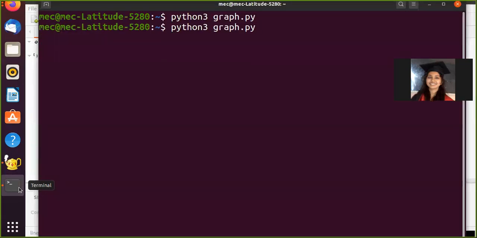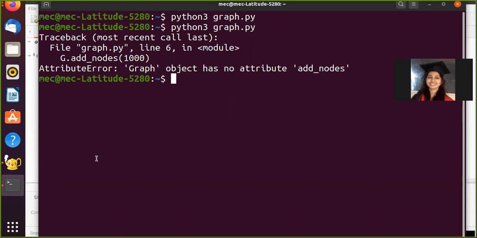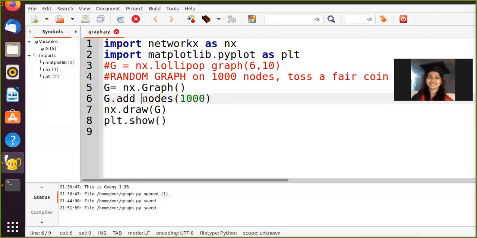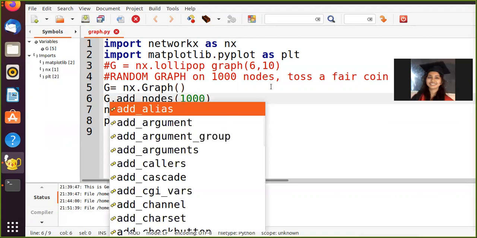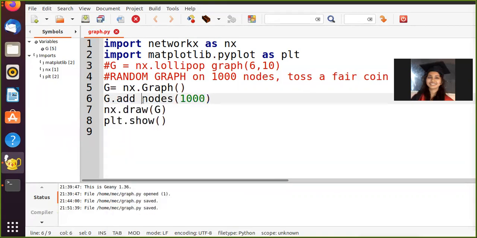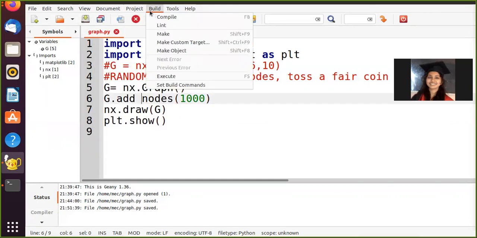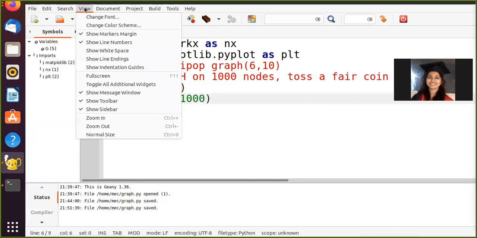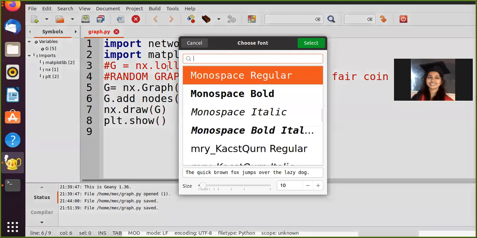Let's see whether it's working or not. Okay, it shows me an error. So sometimes I run into this kind of error. Okay, one problem is this underscore here might not be visible to you. I'm going to just change the font so that it is visible.